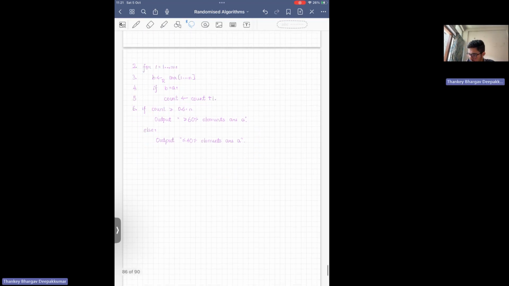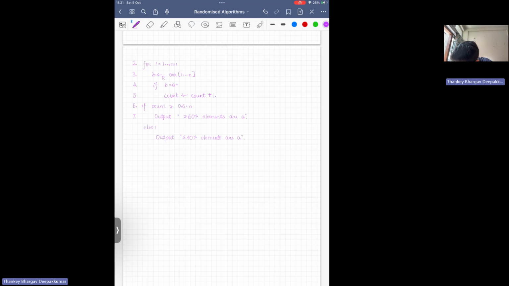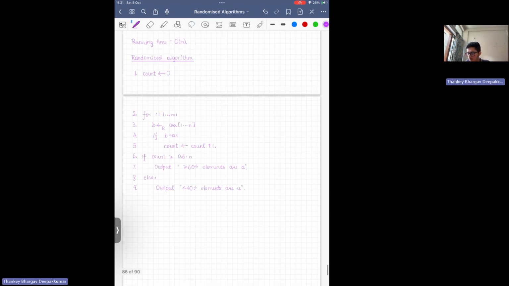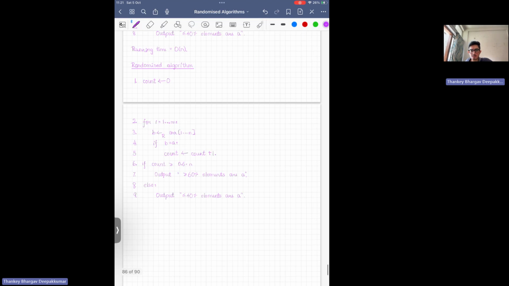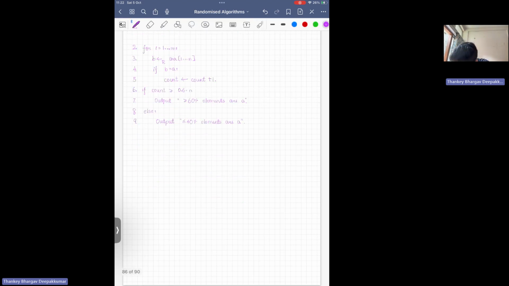Yeah. So this is the randomized algorithm. And the running time of this is order m because the loop runs for order m time. And additionally, order log n, because to pick an element uniformly at random from ARR 1 to n, we need to pick an index uniformly at random from 1 to n, and this takes order log n time. So the running time is